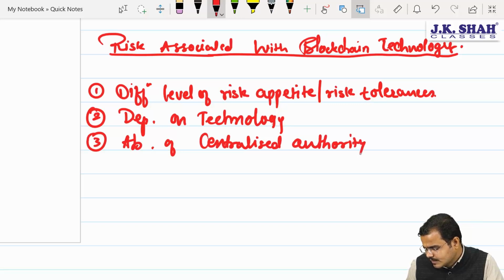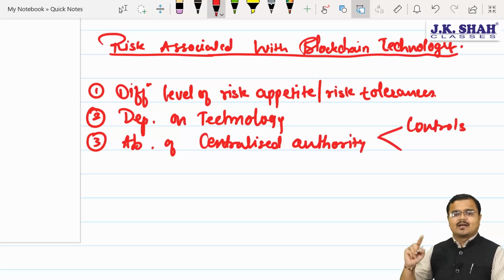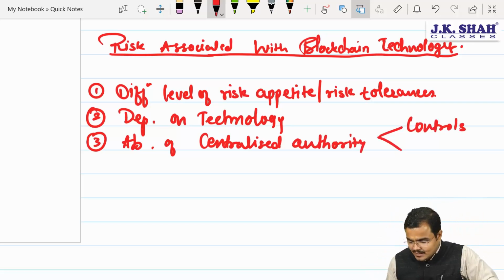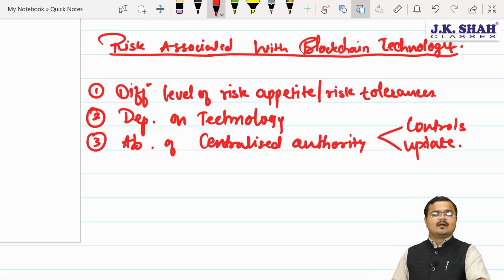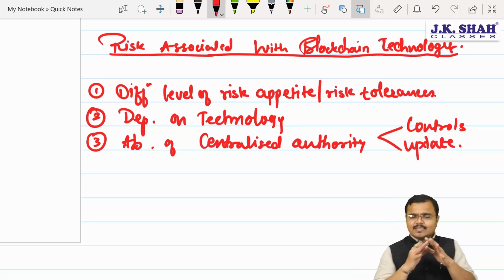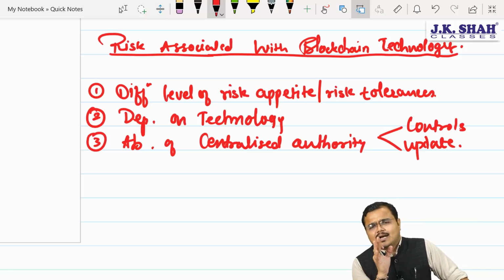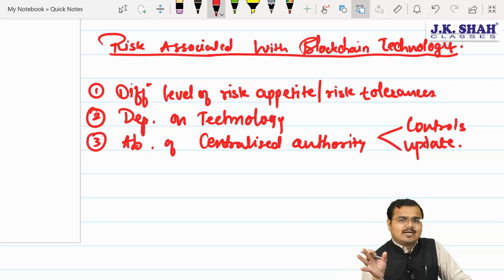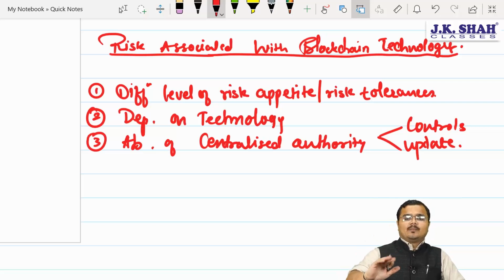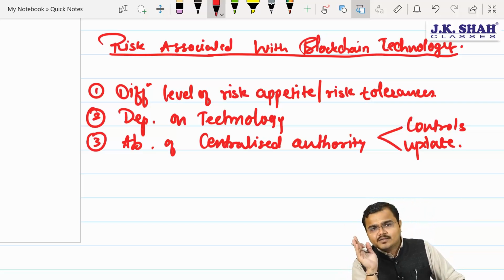Because, chartered, in the absence of centralized authority, first, determining the controls is the problem, and second, updating the system would again be a problem. Am I very clear to you? Yes, sir. How to accept the updates, whether updates are there or not, whether to update or not to update, chartered, all this becomes a question mark under what? Sir, blockchain technology, because there is a complete absence of what? Centralized authority system. In this blockchain, chartered, as I said, nobody owns the record but everybody has the record. Are you clear on the same thing?